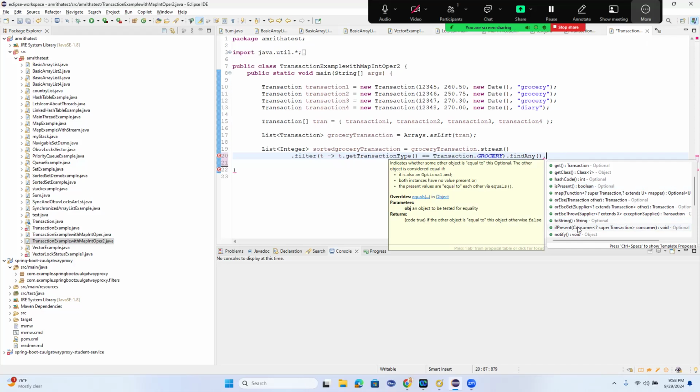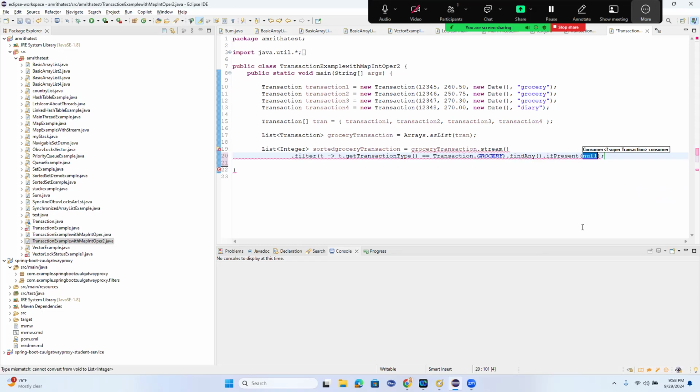That means ifPresent or isPresent can take certain arguments, and then maybe I can print it, right? isPresent is boolean, so isPresent has no argument inside this. But ifPresent takes an argument,